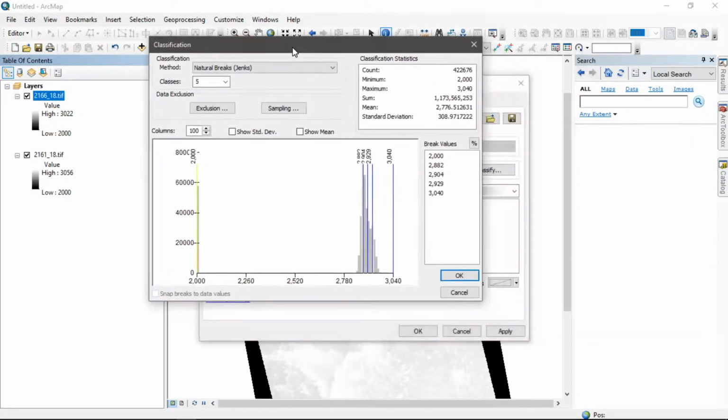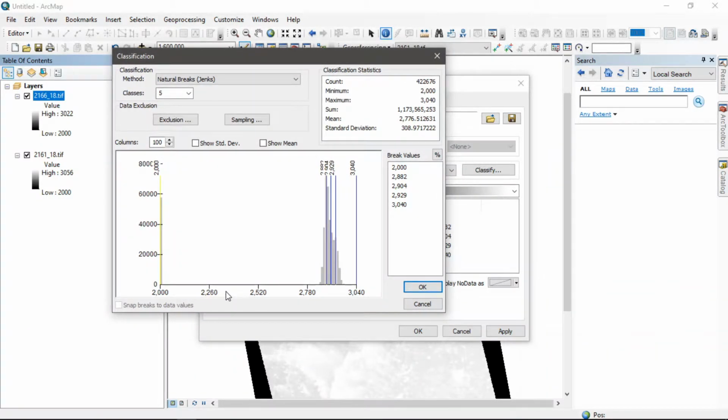Here we can see the histogram of the particular section. If we notice, the value distribution starts from 2000, then jumps to 2844. In this huge range there is nothing. So this particular portion actually falls under the null value, so we have to remove this value.